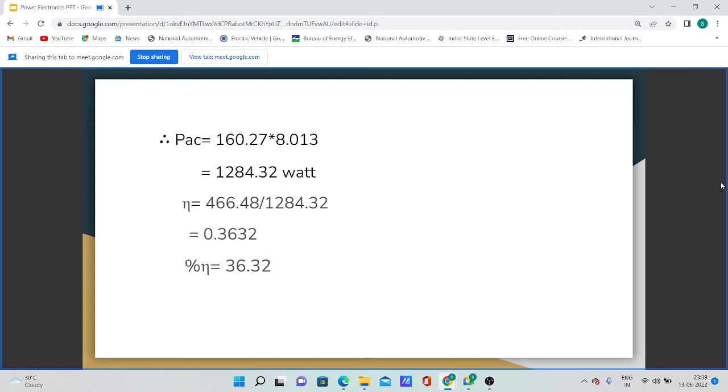Then the efficiency is found to be 0.3632. Percent efficiency is obtained by multiplying by 100, so it will be 36.32%. Next,